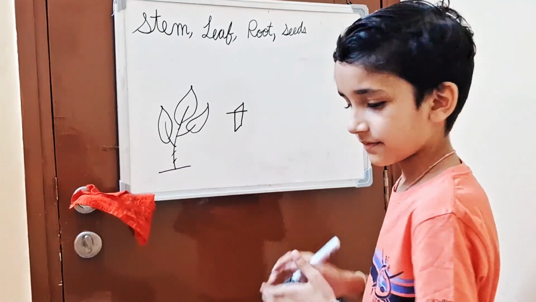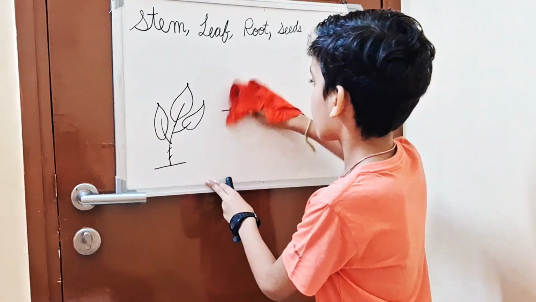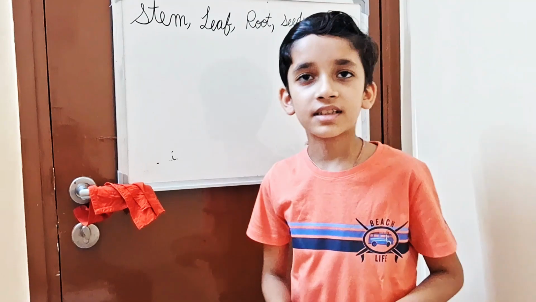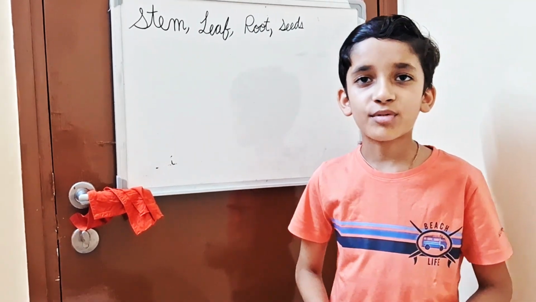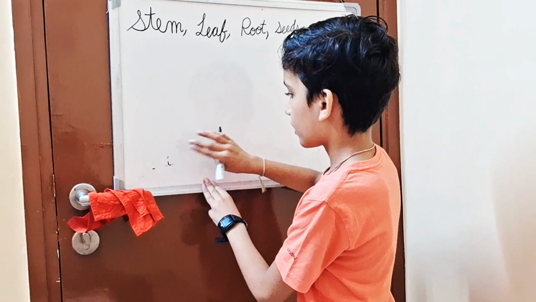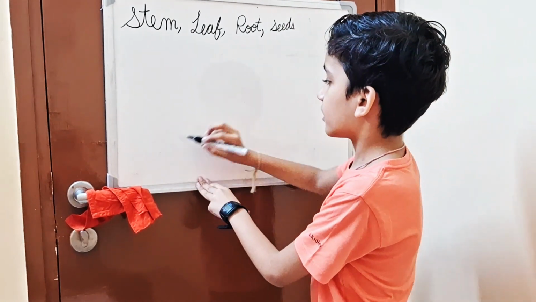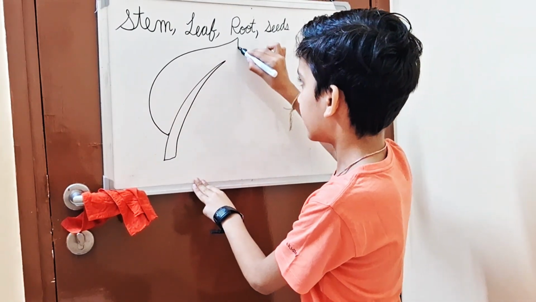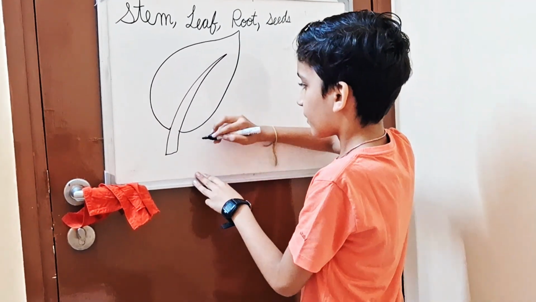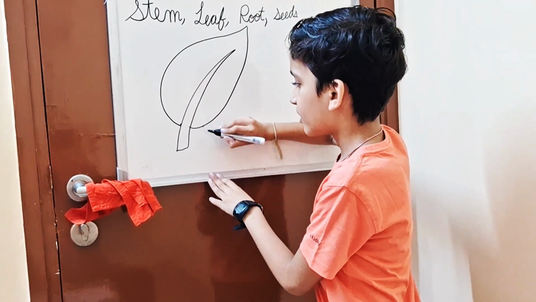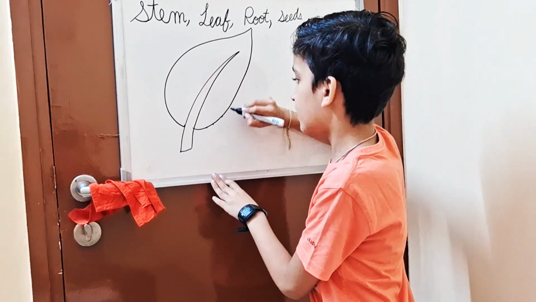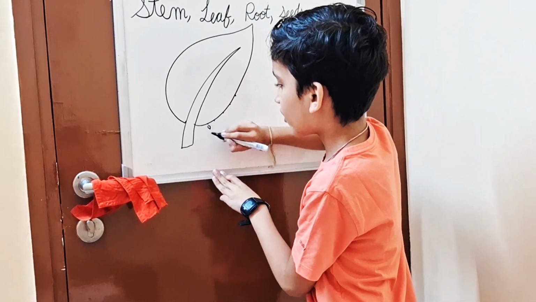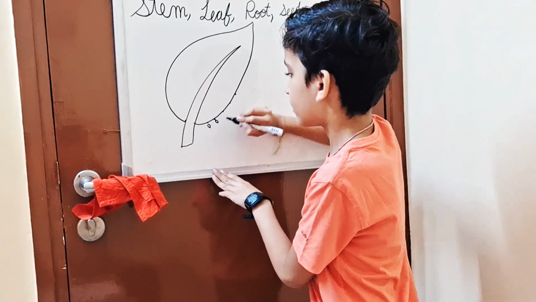Now leaf. There is only one plant in the world that grows from leaves, that is Bryophyllum. See, the leaf of the Bryophyllum is very fleshy. Suppose it is the leaf of a Bryophyllum, so it has many buds on the edges of the leaf. Small leaf-like structures grow from these buds.